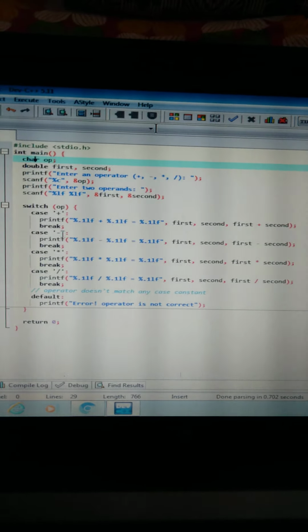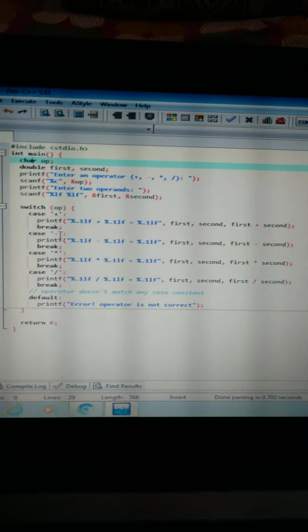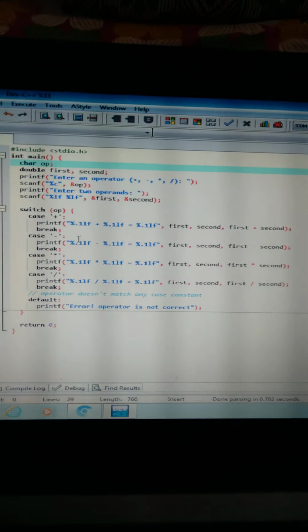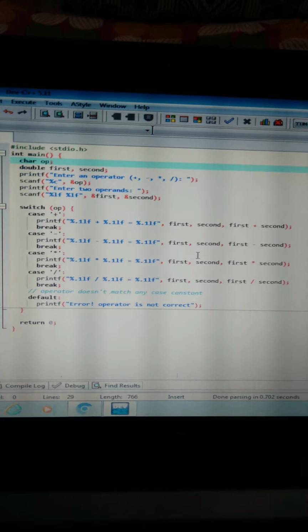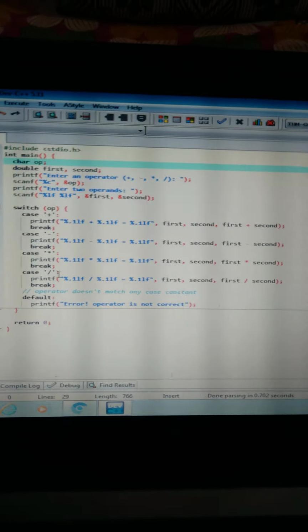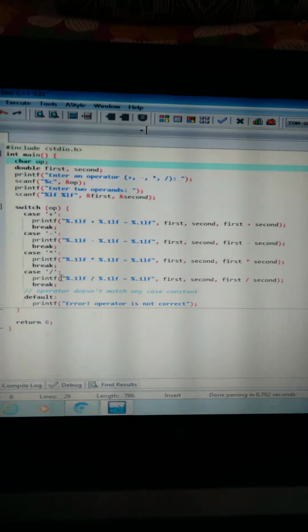Next, we again have to return to the program, compile and run, and it asks for the operator. We put minus, then two operands, and the result will be declared. Like that we can perform four types of operations here.